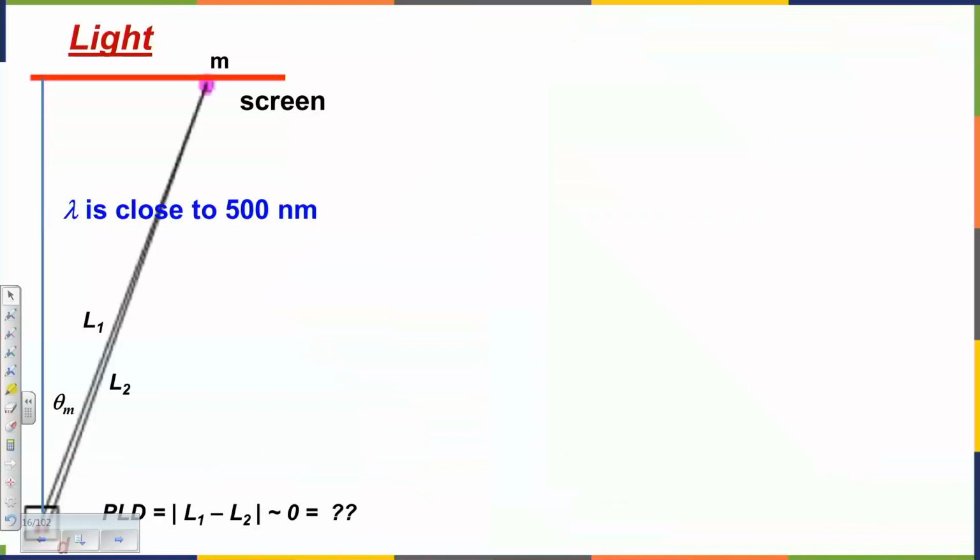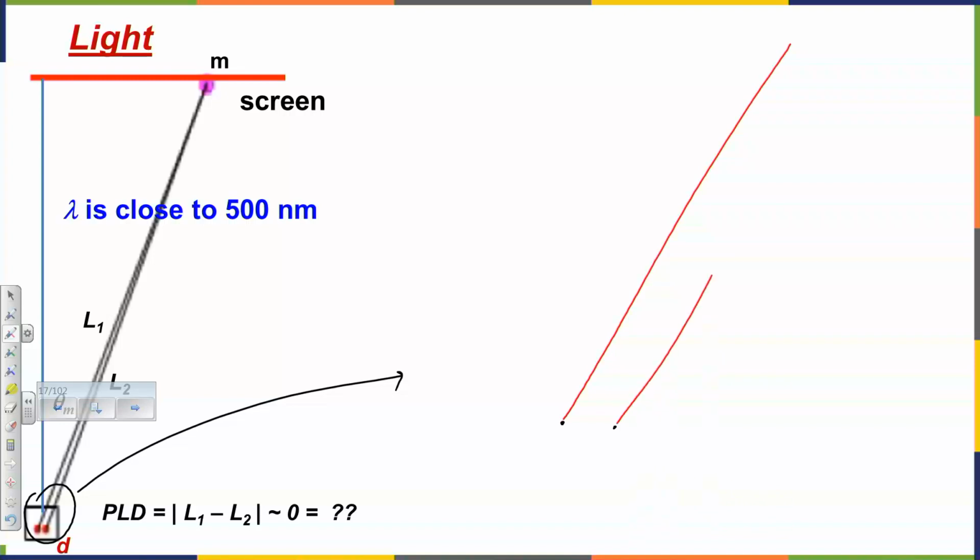We can use this fact for an approximation, which will be very convenient. So if I enlarge this picture, what would I see? Sources, I call them sources. It's just easier, but we know that technically those are 2 different slits. Source number 1, source number 2. And there are 2 waves traveling away so far away that there is practically no angle between these lines. They are parallel. The angle